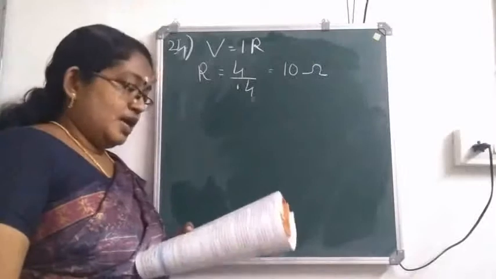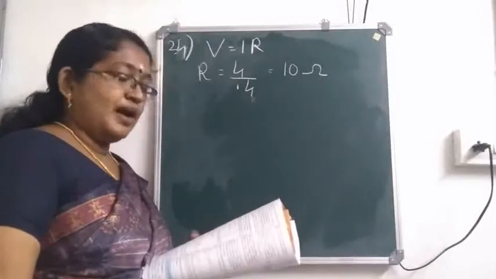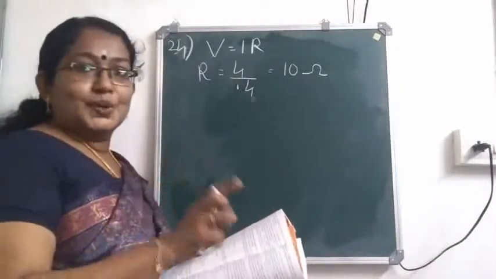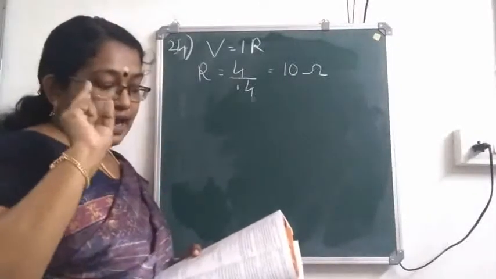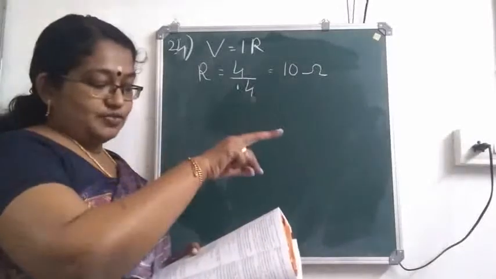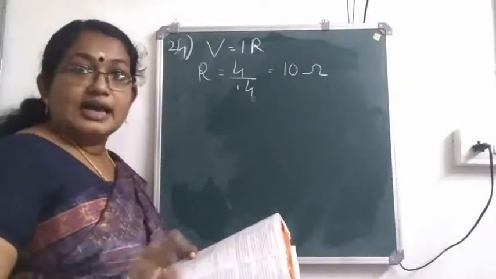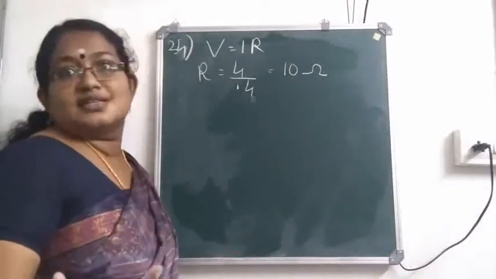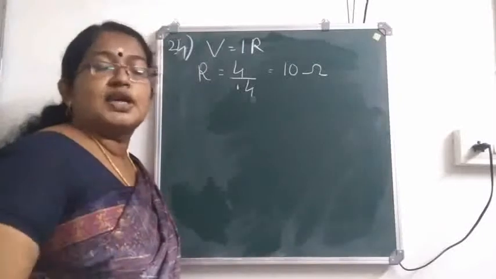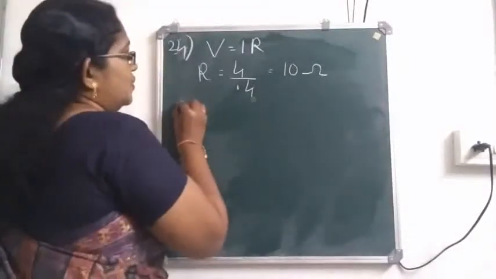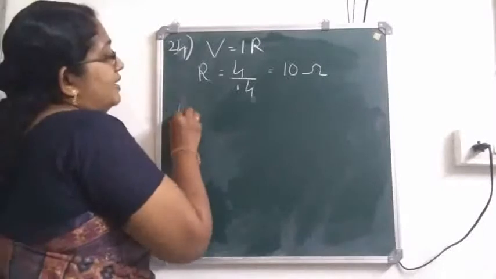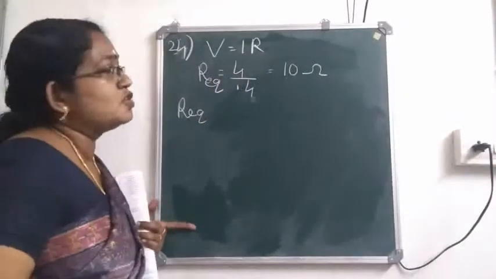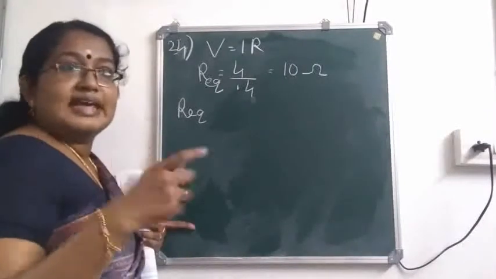Okay. Now the next is the value of R. We got the total resistance offered by the circuit as 10 ohm. Then we are having two resistors. One is of 20 ohm and the other is R. And we are asked to calculate R. So total resistance is known. One of the resistors also we know. So how to calculate the next one? Directly you can use the equation. R equivalent is equal to. Let me name it as R equivalent because one of the resistors is already named as R.